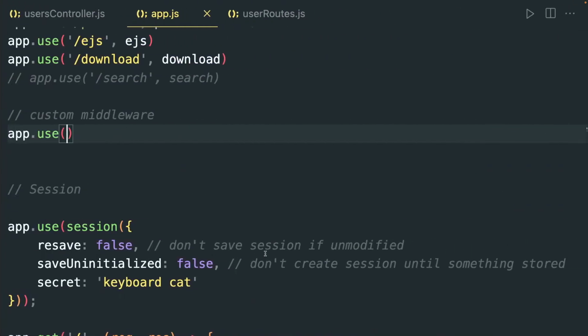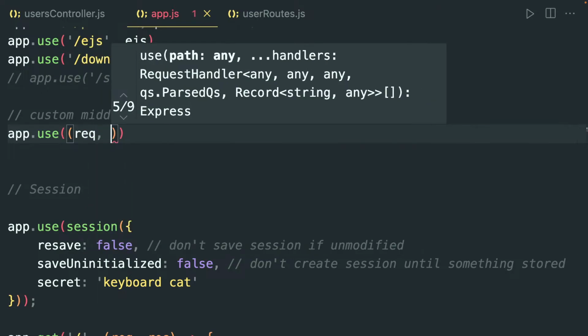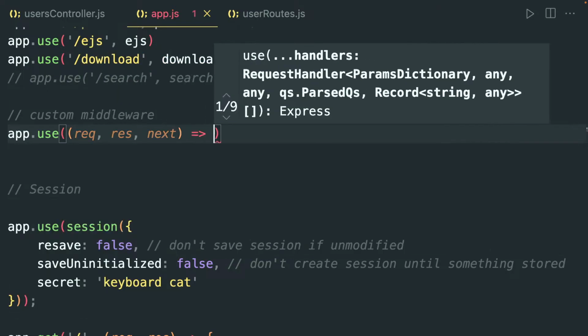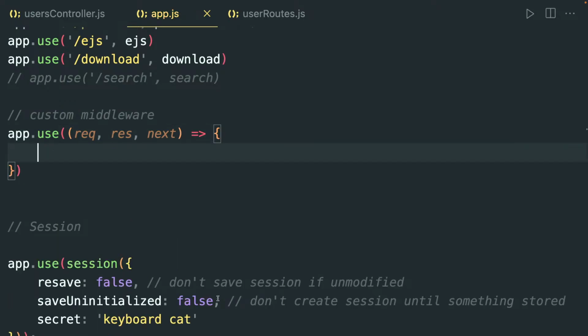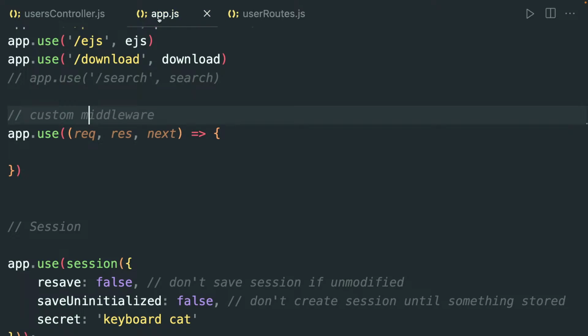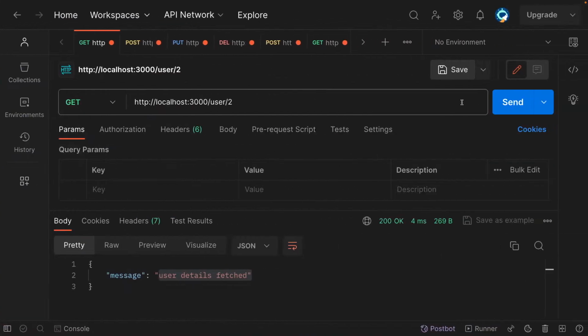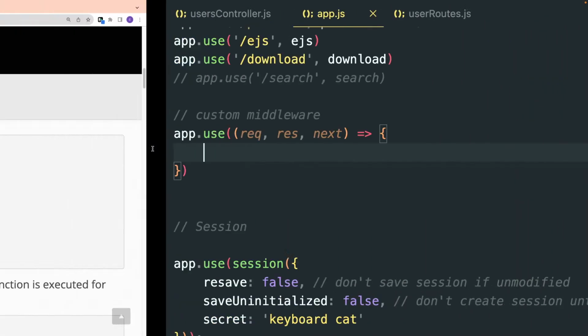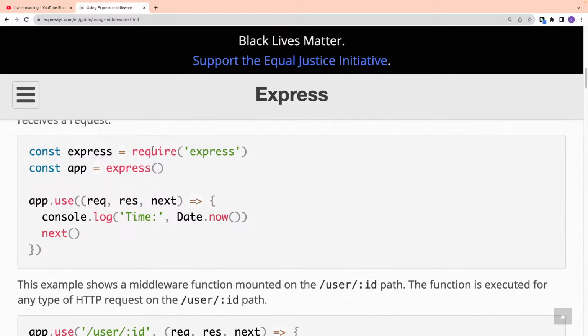After that we put request, response, next. So this is a custom middleware. I have used it at the root app.js. This function will execute first when you send any request, like from Postman, right? So we can use anything, like console.log